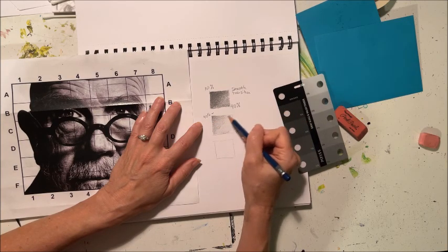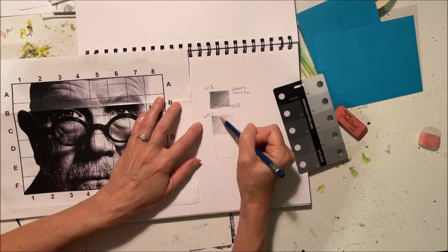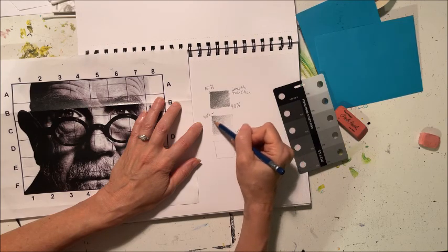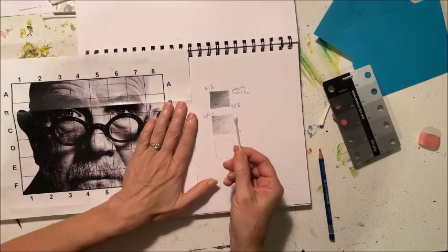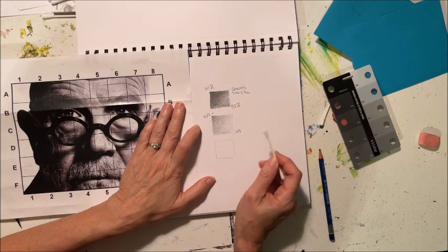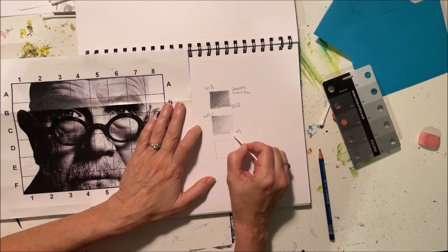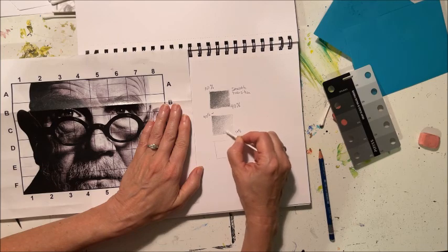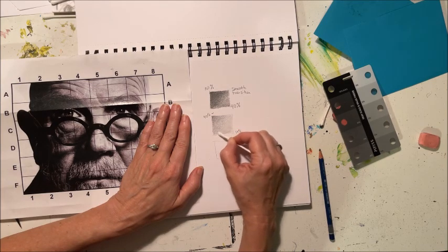So we're trying to achieve a nice smooth transition from our darker area to our lighter area. Take a Q-tip and we're going to blend from light to dark in each of these. It's really important to remember that you want to start with the 10% or your lightest area with a clean Q-tip, blending from there and then moving across